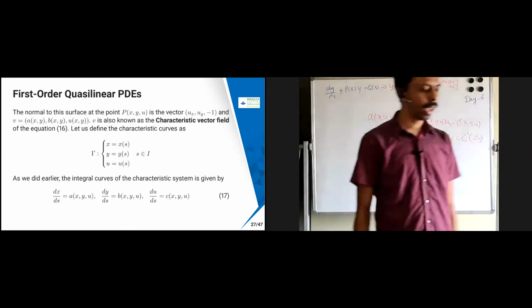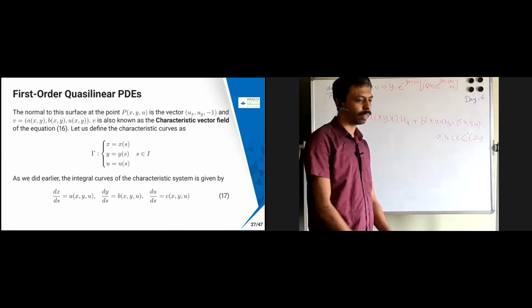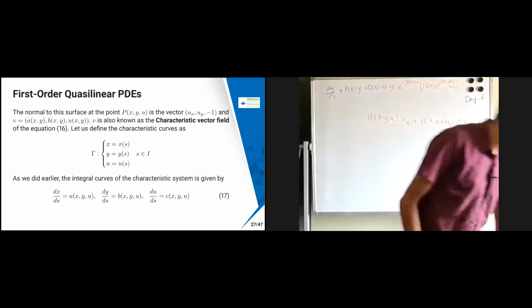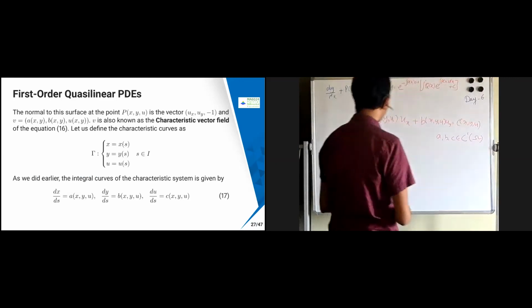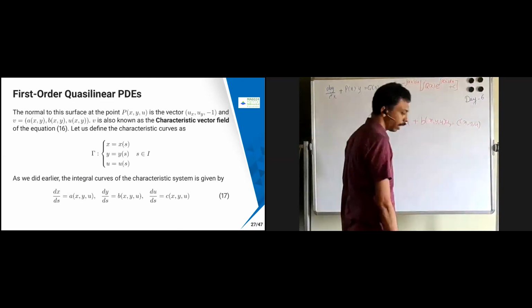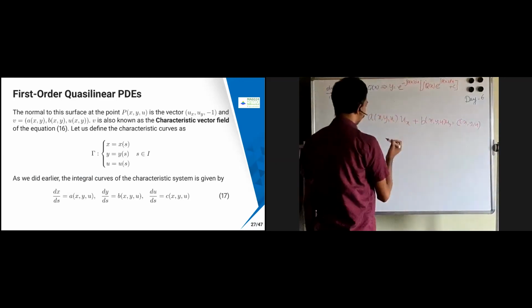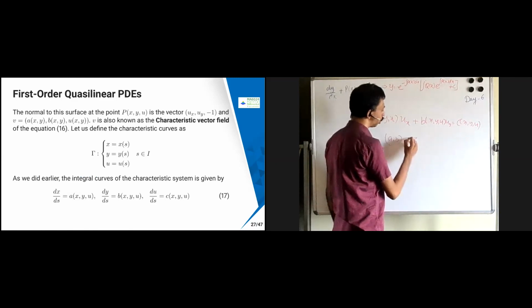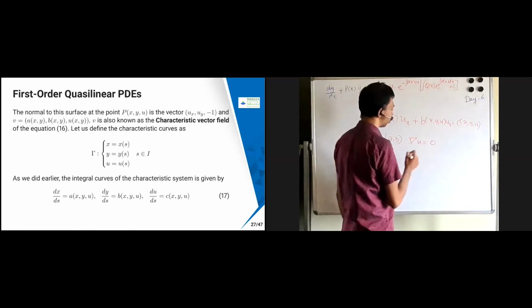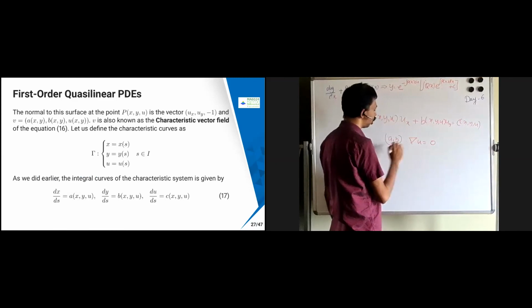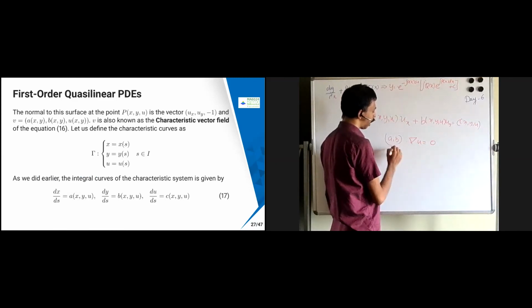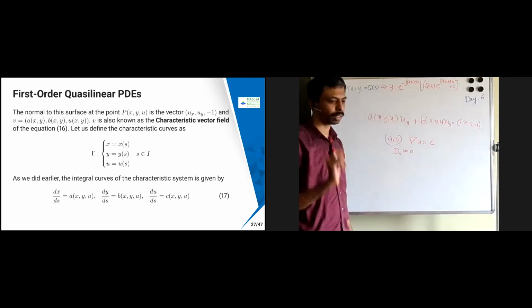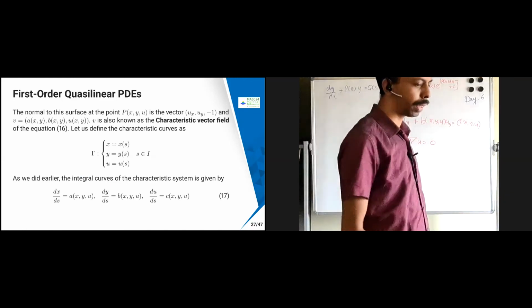Here we are trying to do the same kind of setup. In the earlier one, what we had was a comma b dot del u equal to 0. This was our aim, once the right hand side was becoming 0. Then I can put this as T V of u equal to 0. This is the one which we did. Now almost a similar set of things we are going to do.